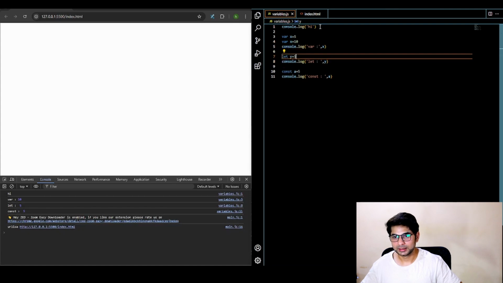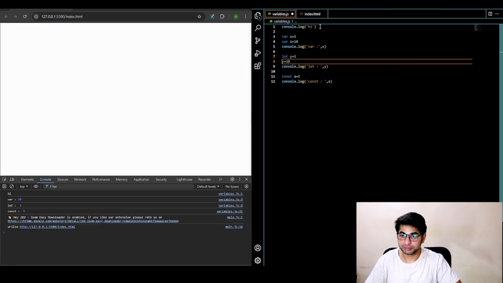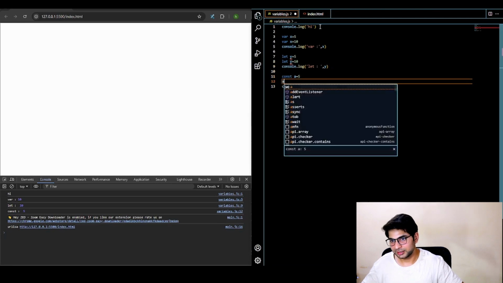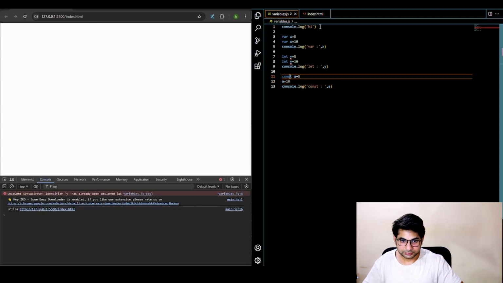Now same with let. If I write y equals to 5, y equals to 10, it switches into 10. But if I declare it one more time, it is not going to change my 5 to 10, because of the same declaration of variables. Same with a const, but in a different way. If I write a equals to 10, it gives me another